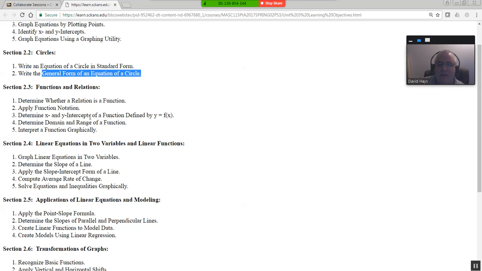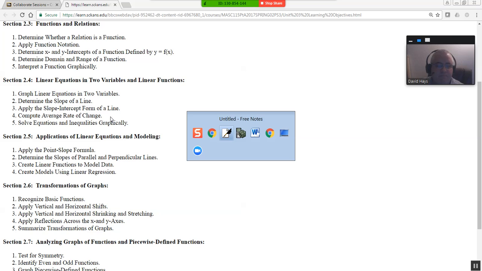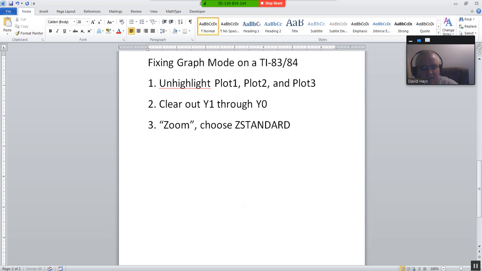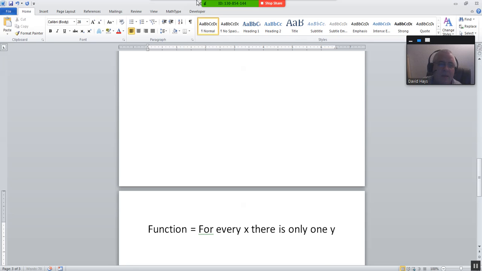Okay. Let's take a look at section 2.3. This talks about functions and relations. It says determine whether a relation is a function, and goes through some different items here. Let's talk about what a function is. A function says for every x, there is only one y, and